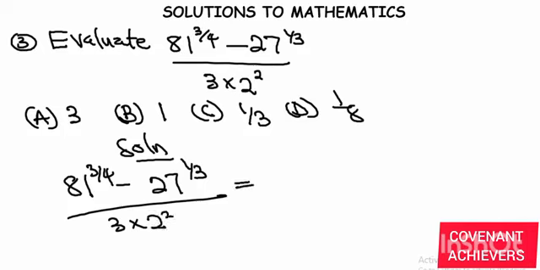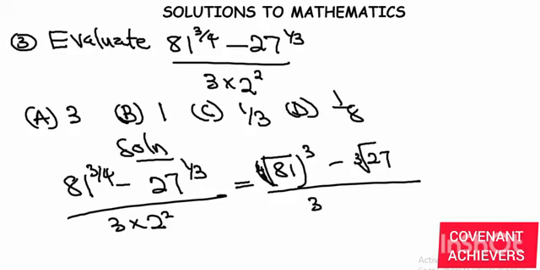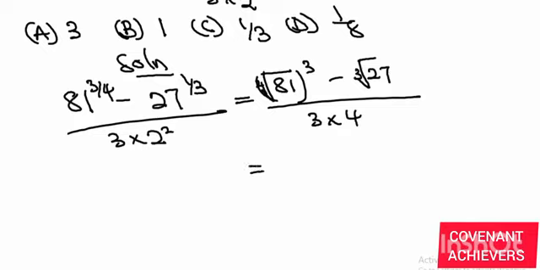And this is going to be 81 raised to power 3 over 4, which is the fourth root of 81 raised to power 3, then minus the third root of 27, then divided by 3 times 4. So from here we could see that this is equal to 81 raised to power, the fourth root of 81 is 3, and 3 raised to power 3. That's going to be 3 raised to power 3 minus the third root of 27, which is 3, then divided by what we have here,